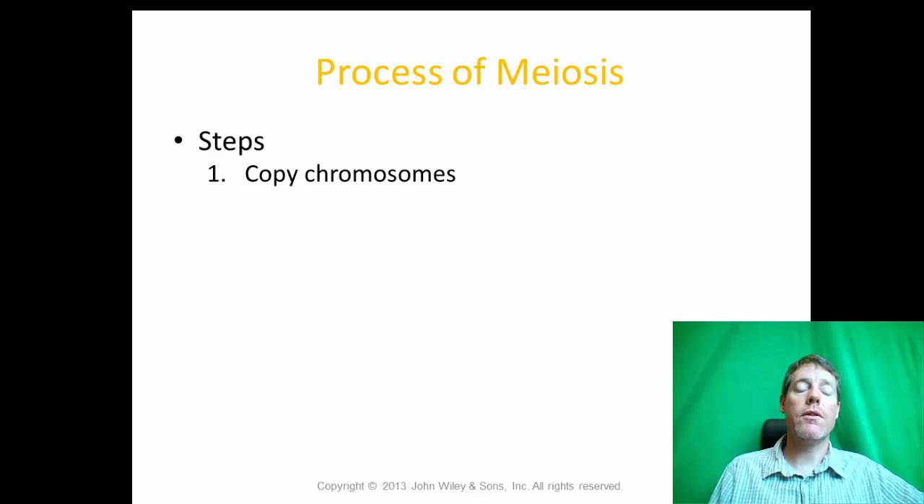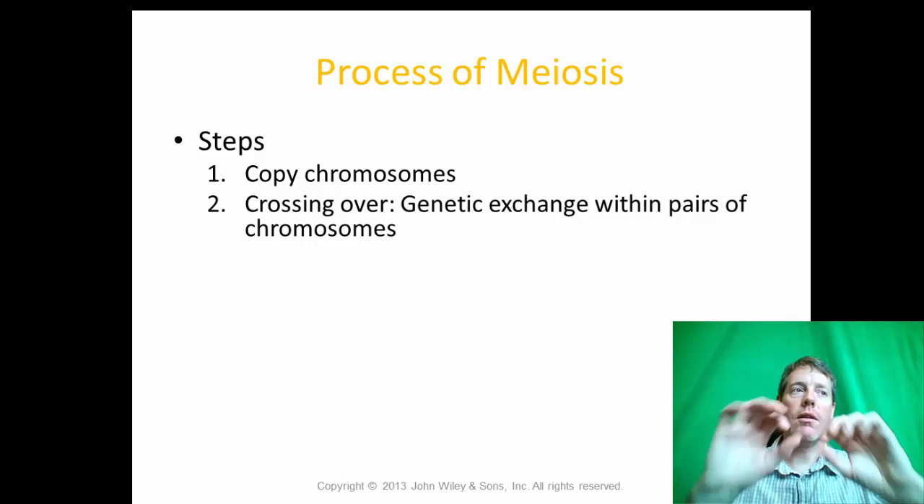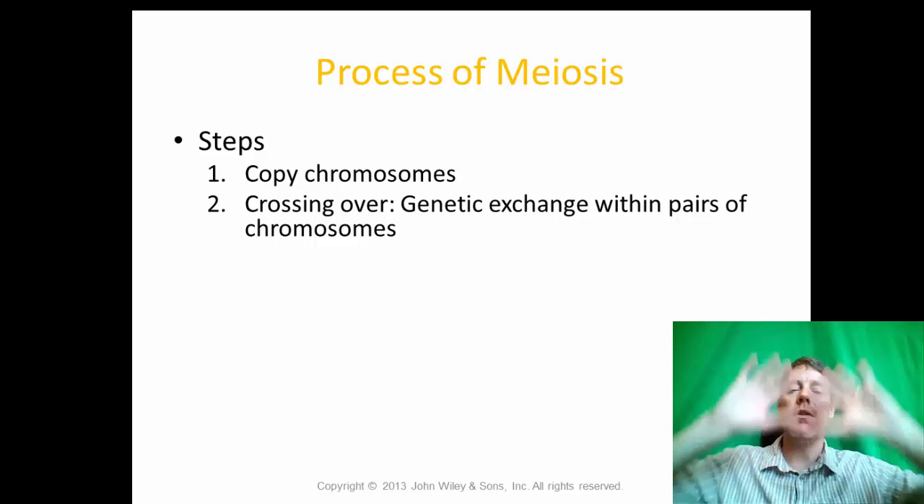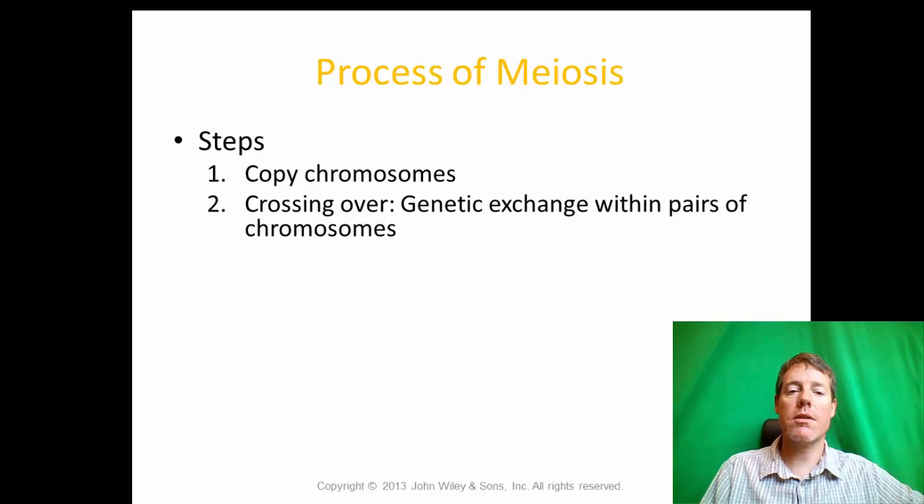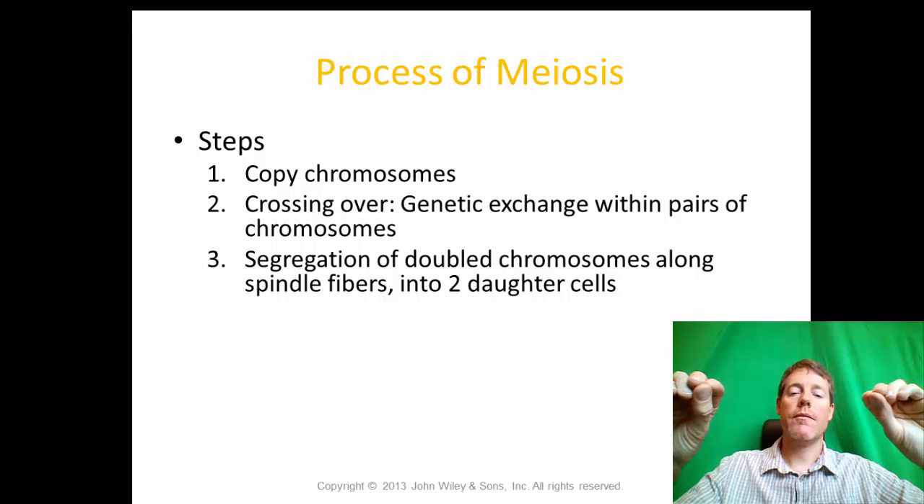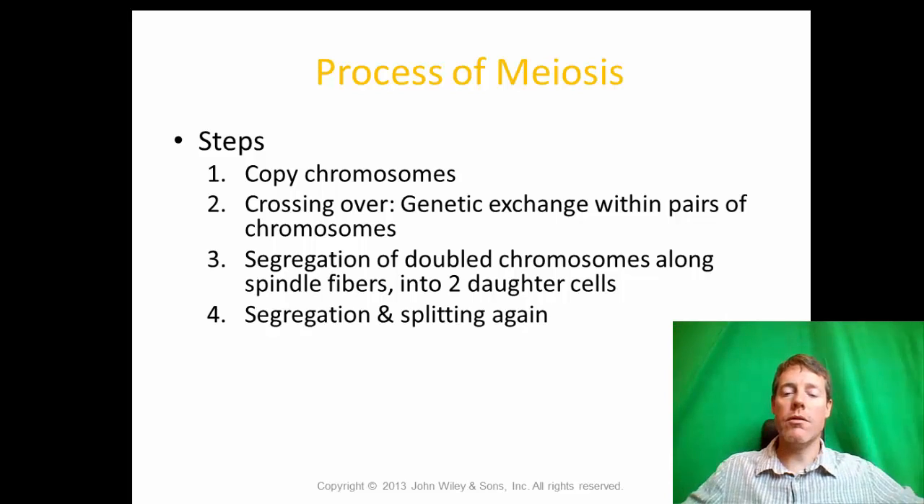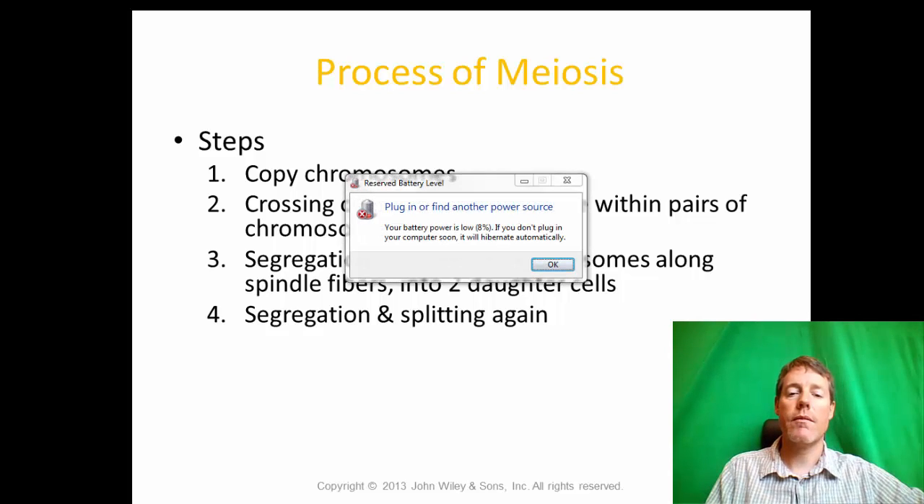The steps include first copying the chromosomes, and then a unique process to meiosis is crossing over, where there's genetic exchange within pairs of chromosomes, so that the new chromosomes that result are different than either of the ones that started the process. Then we get segregation of doubled chromosomes along spindle fibers into 2 daughter cells, and then segregation and splitting again into 2 new daughter cells from each of those. So we end up with 4 daughter cells,